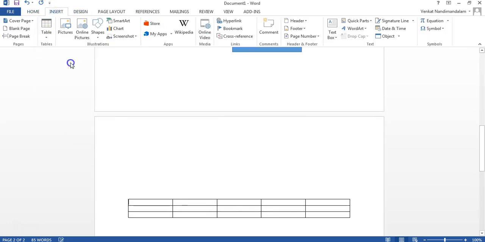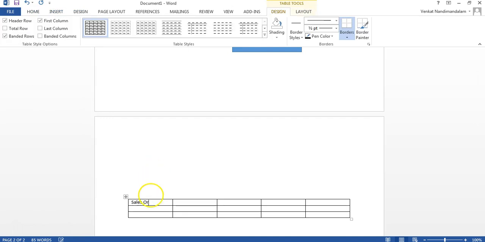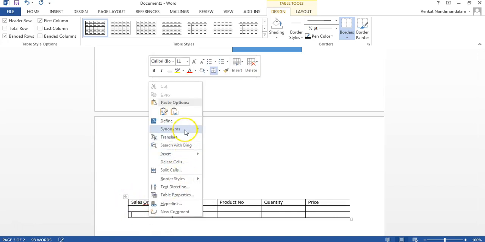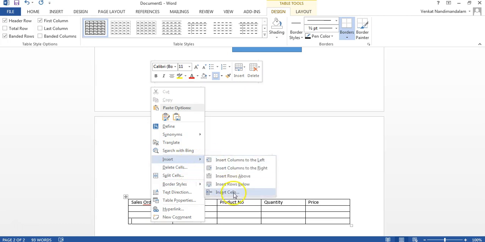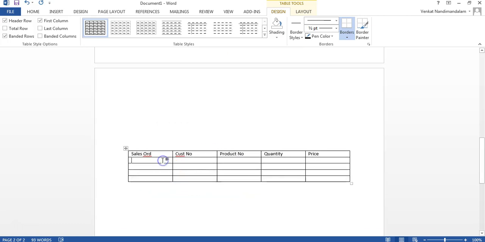Where you have got your sales information. So let's say I have my sales order, I have my customer number, I have my product number, I have my quantity, I have my price. Okay, let's insert a few more rows. Okay, so I've got my sales orders 3-1-1, 3-1-2, 3-1-3, 3-1-4,